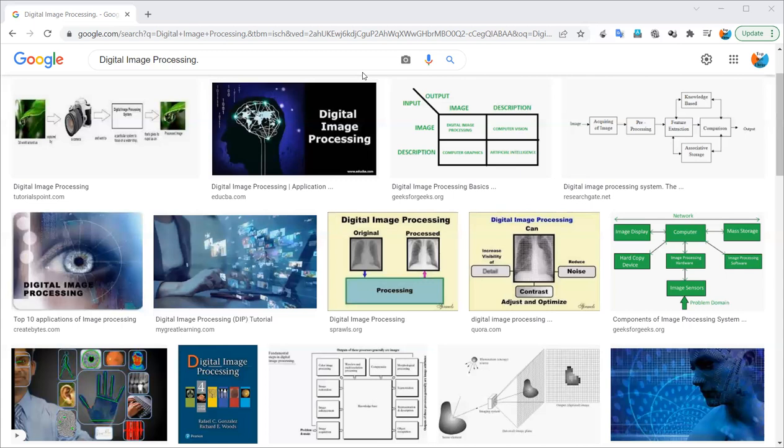Now, coming to some of the examples: Applied Mechanics and Materials, because the industrial domains are also very much related to digital image processing. Then the Journal of Physics: Conference Series, MDPI Sensors, IEEE Transactions on Image Processing, the Annual International Conference of the IEEE, including the IEEE Engineering in Medicine and Biology Society. Then the International Journal of Innovative Technology and Exploring Engineering, the International Journal for Research in Applied Science and Engineering Technology, Computer Methods and Programs in Biomedicine, etc.